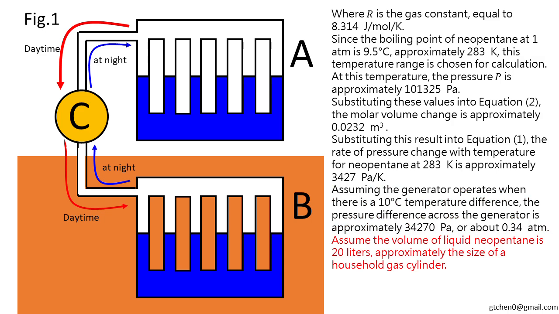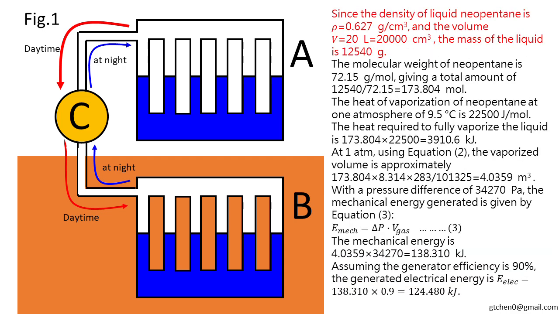Assume the volume of liquid neopentane is 20 liters, approximately the size of a household gas cylinder. Since the density of liquid neopentane is ρ equals 0.627 grams per cubic centimeter, and the volume V equals 20 liters equals 20,000 cubic centimeters, the mass of the liquid is